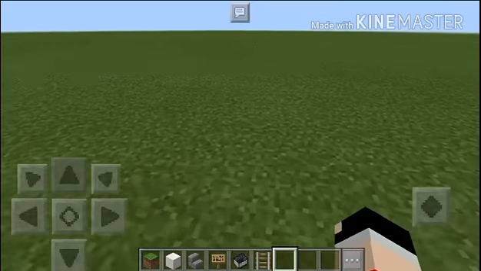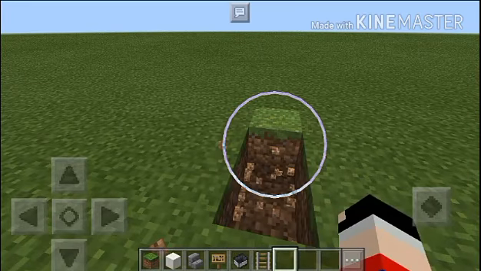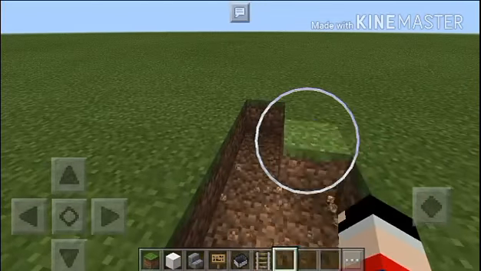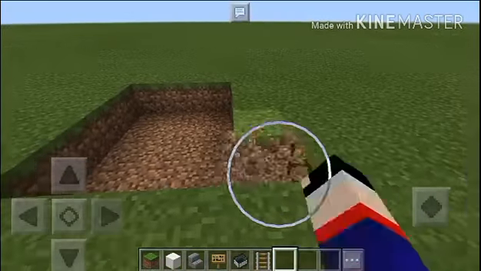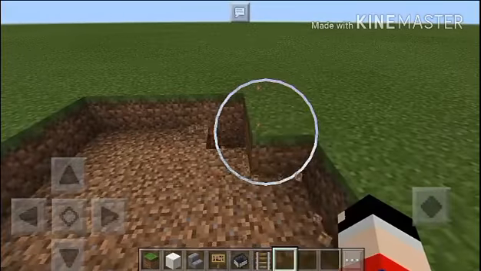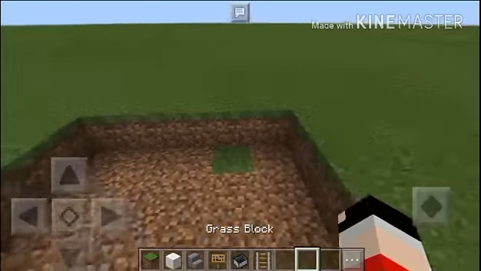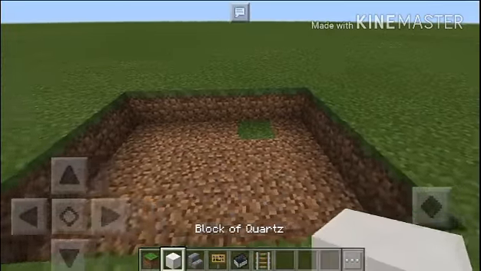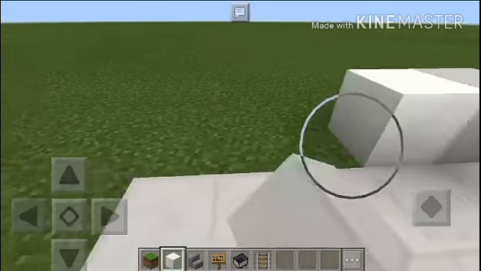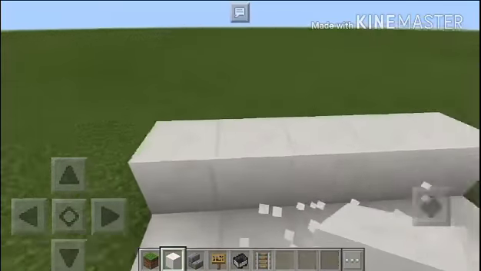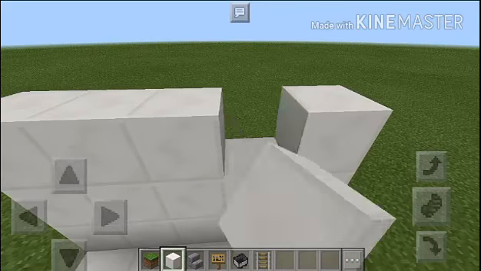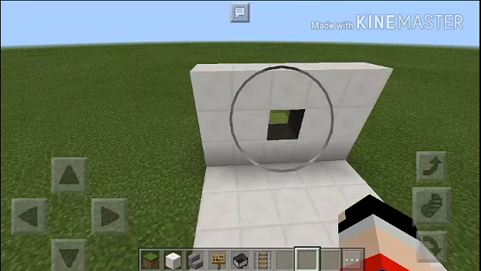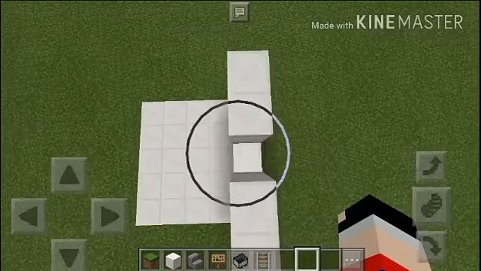First, you dig 4 times 5. Some block of quartz here, like that, and you put some background here, and like that, and you break that.